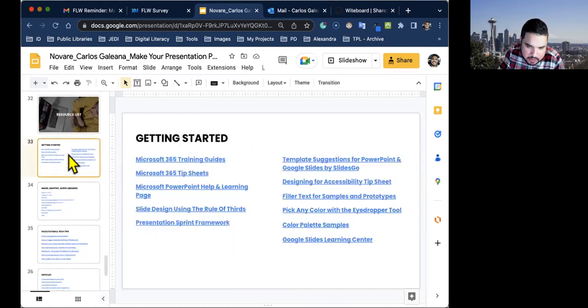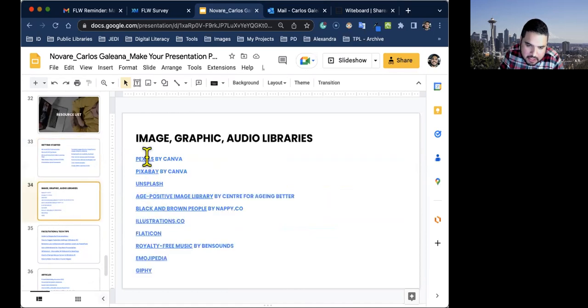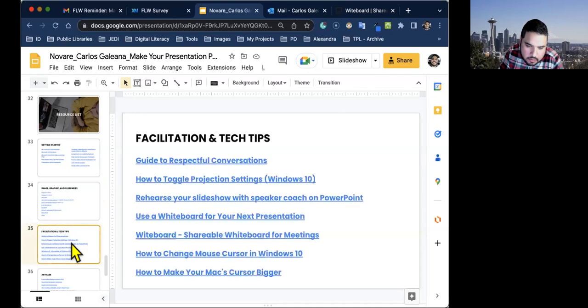So here are the tools. There's a whole bunch of places where you can get started, from color pickers to color samples, all the image libraries, sound libraries, emojis, royalty-free music, facilitation tips, how to have a respectful conversation, the whiteboard, changing your mouse cursor on Windows 10, changing your mouse cursor on Mac.